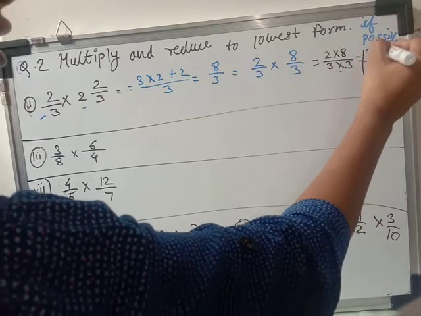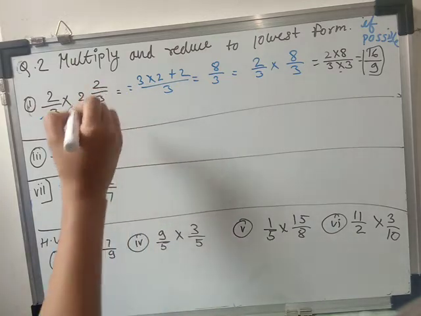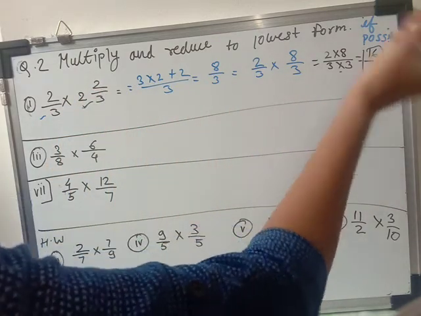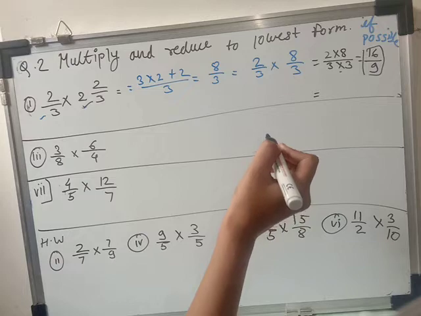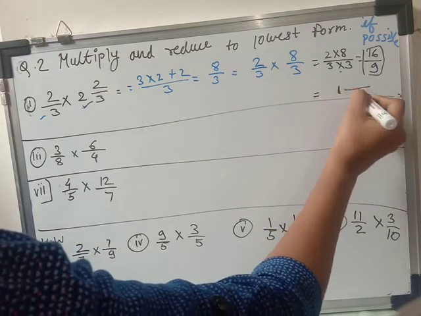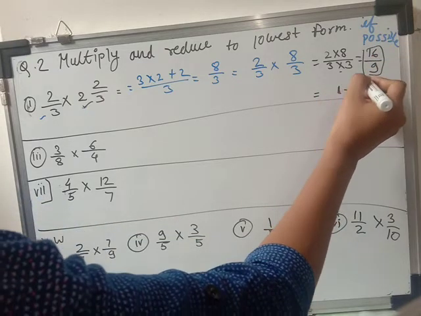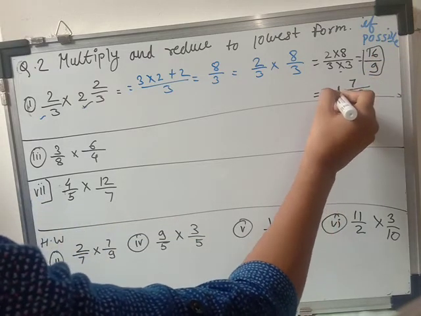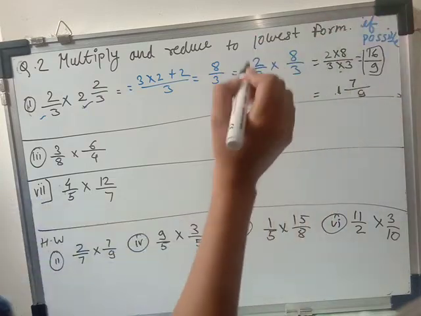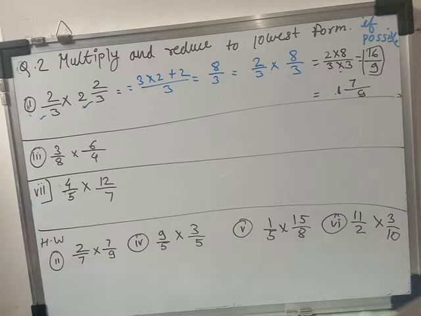So here we got the answer in the form of an improper fraction. Improper, and since the question has a mixed fraction, we have to convert it into a mixed fraction. So 9 1s are 9. How much should I add to 9 to get 16? 9 1s are 9 and that is 7. So 9 plus 7 is equal to 16. So here we have solved this one. Same way, there is nothing difficult in these questions because all the questions are very easy.